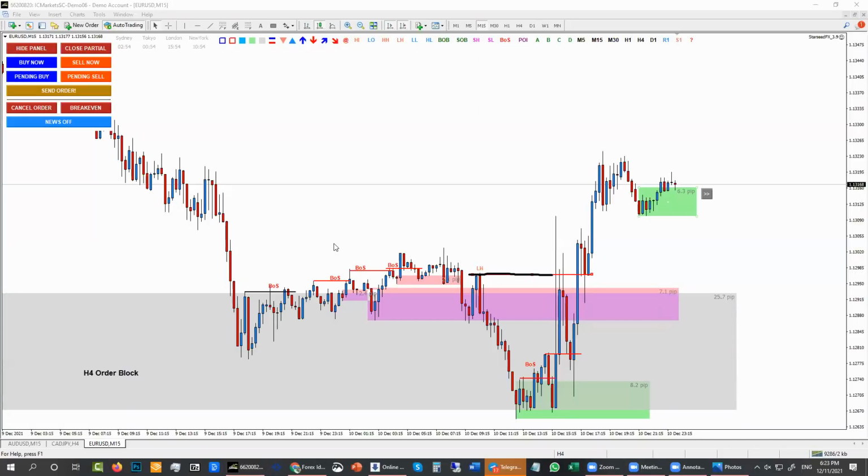H1 order blocks are normally better for trading. Normally the H1 order block is inside. Similar, yes, like I said, the higher the time frame, usually the better, but probably lower in terms of the return. But if it gives you a peaceful mind and you trade it on H1, why not? I trade daily order blocks on H1 or M15.